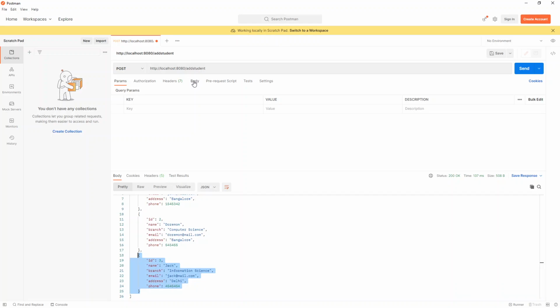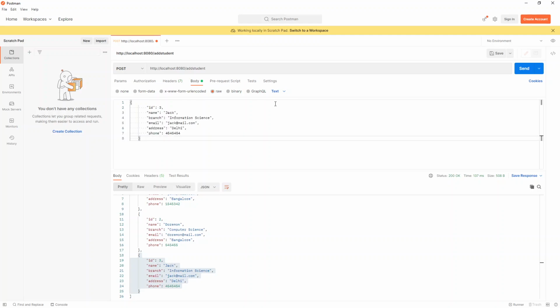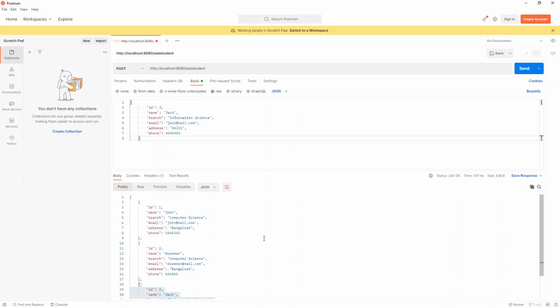Now go to body over here, the body option. So here select raw. Okay. And whatever you have copied, paste it. Okay. And change this text to JSON. Got it? See this carefully. All right. So here, already in our database, we have three data, right? So now I'm going to give one more data, which is I'll mention ID as 4,